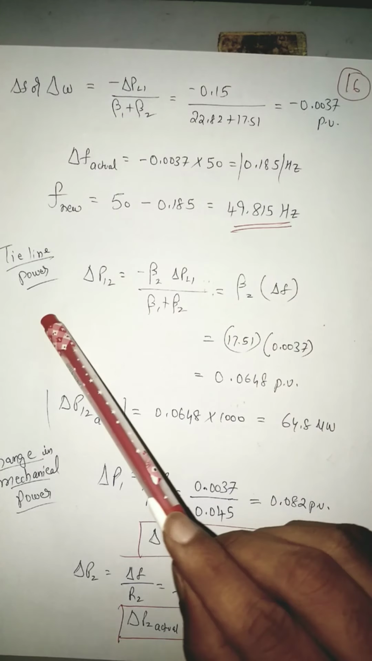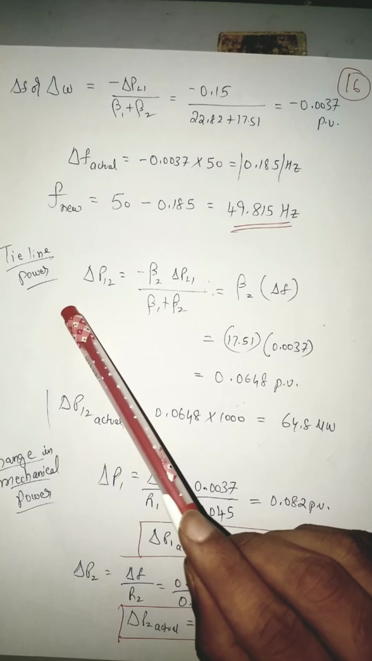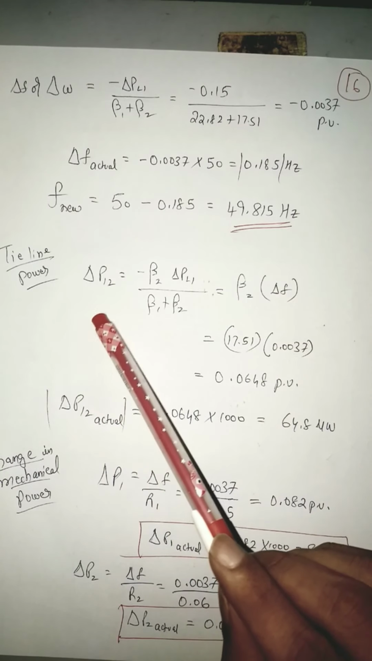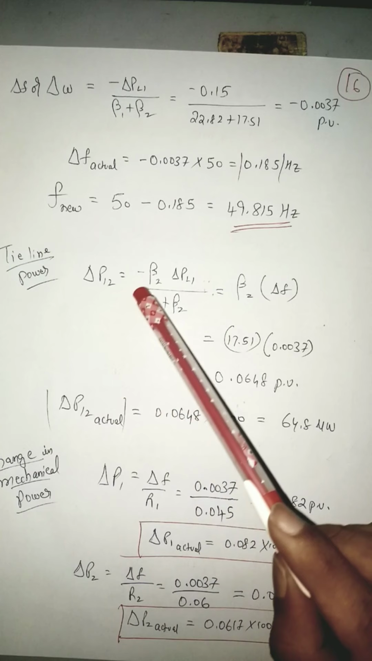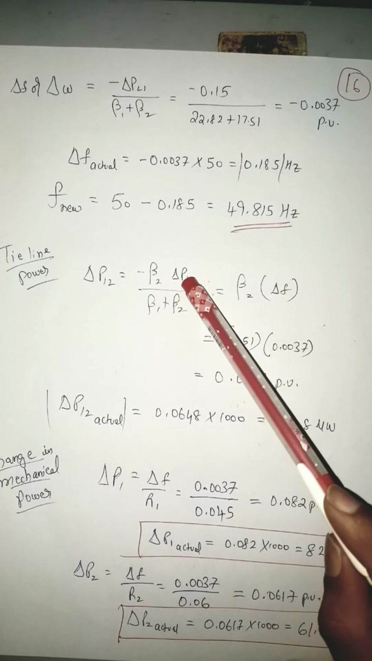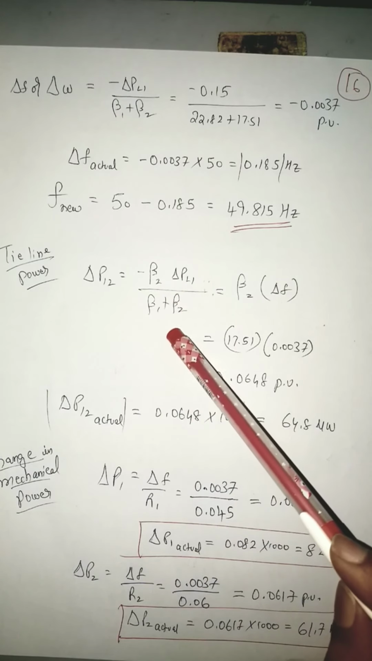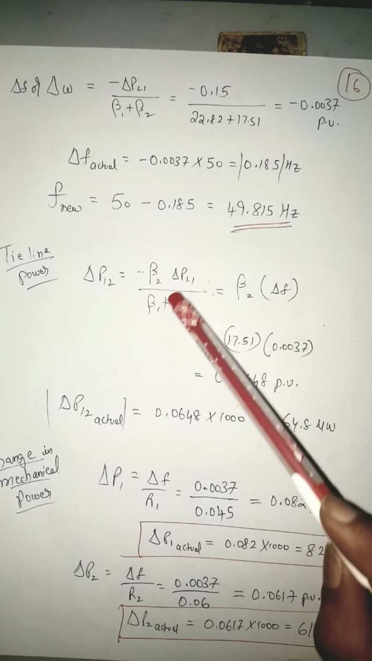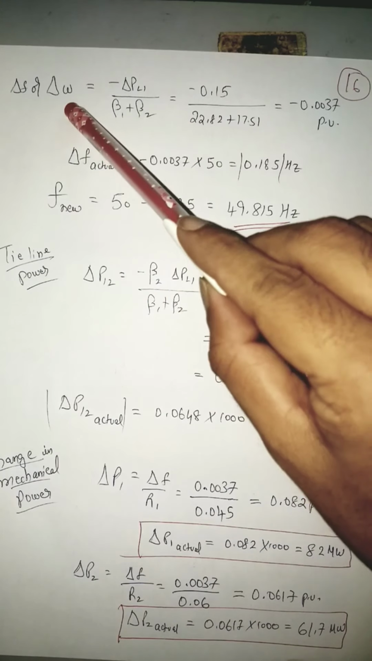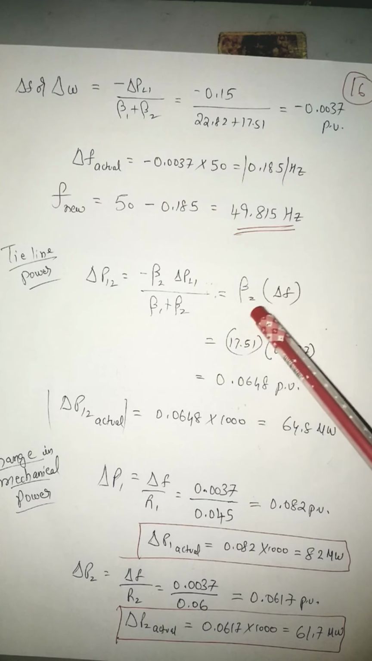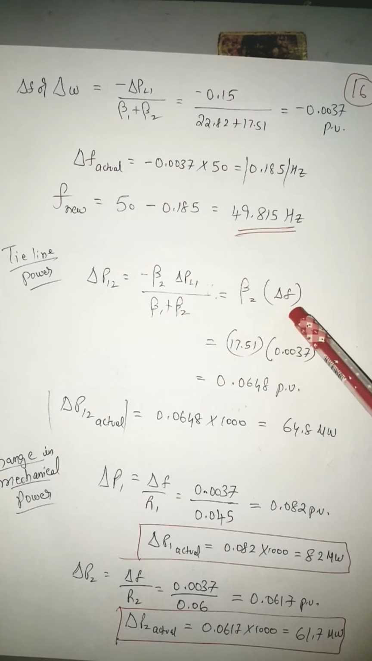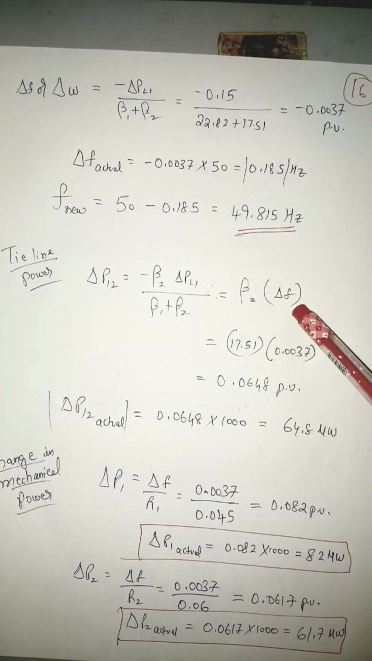Next, I need to find the power that is flowing from area 2 to area 1 during this disturbance. So the formula for that is minus beta 2 into delta PL1 by beta 1 plus beta 2. Already we know that minus delta PL1 by beta 1 plus beta 2 itself is delta omega. So we just have to multiply beta 2 into delta F or delta omega. So here